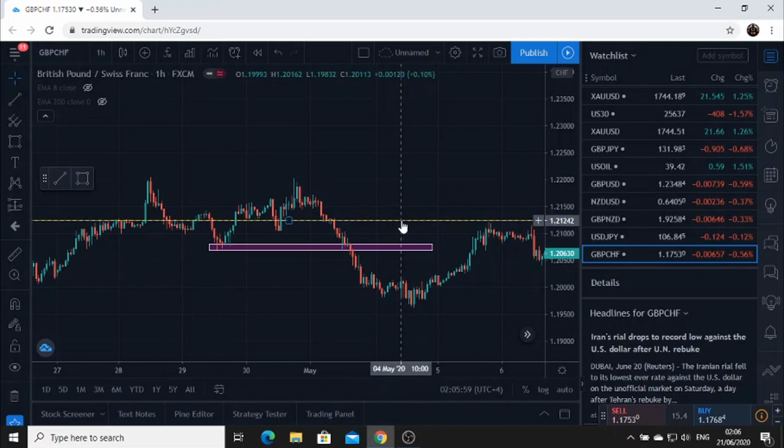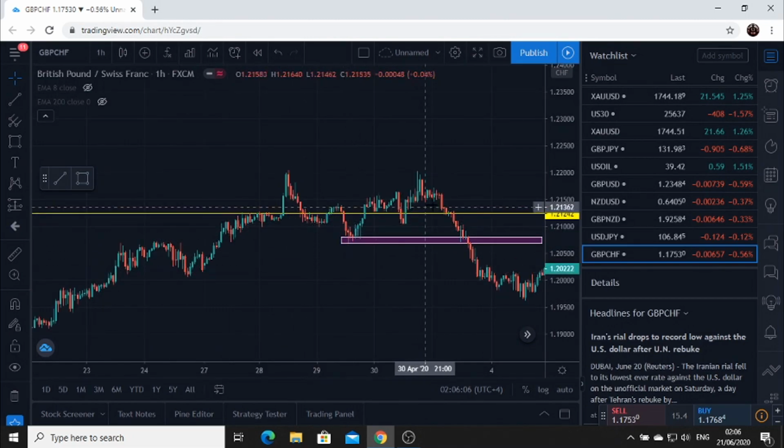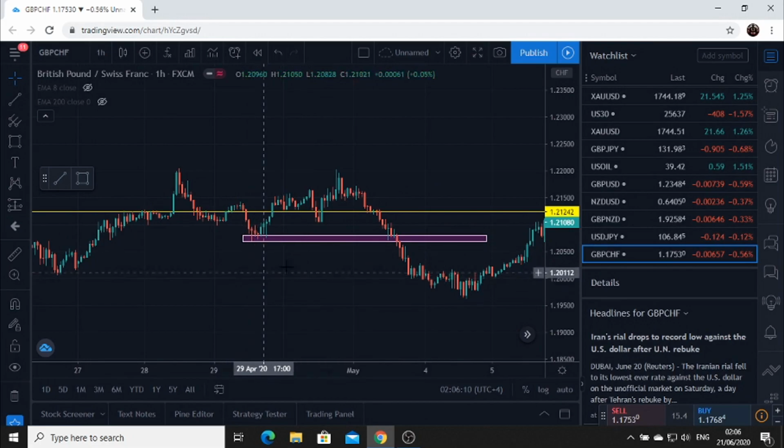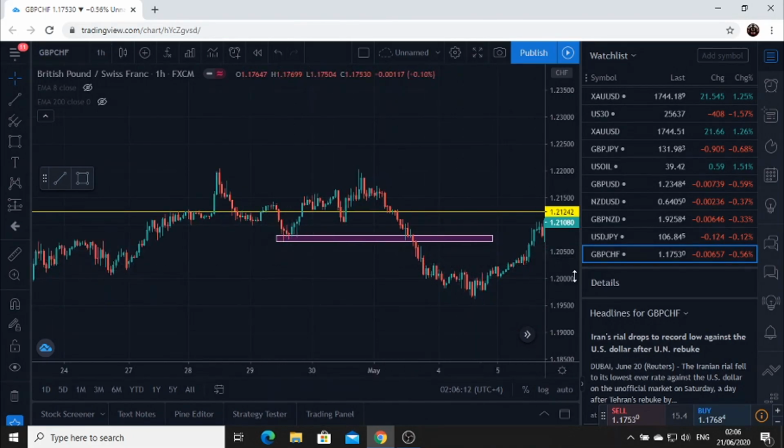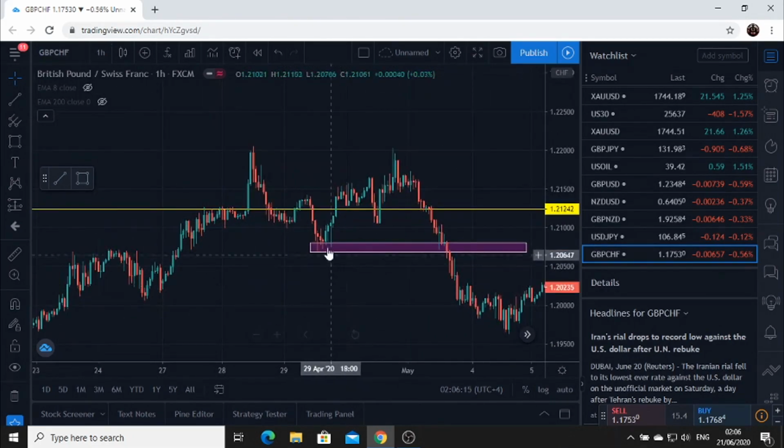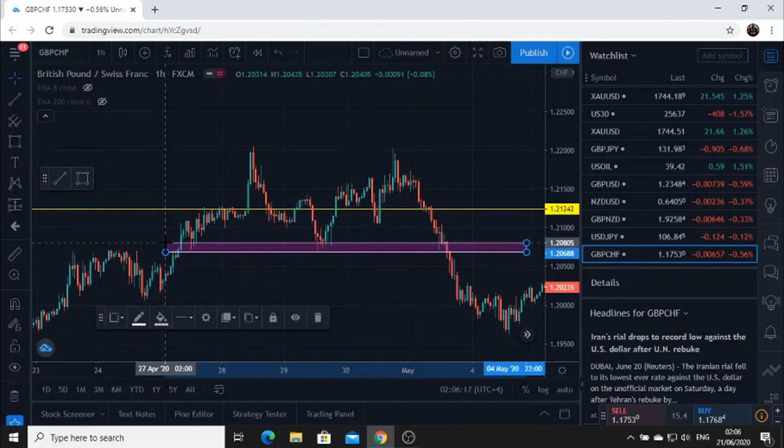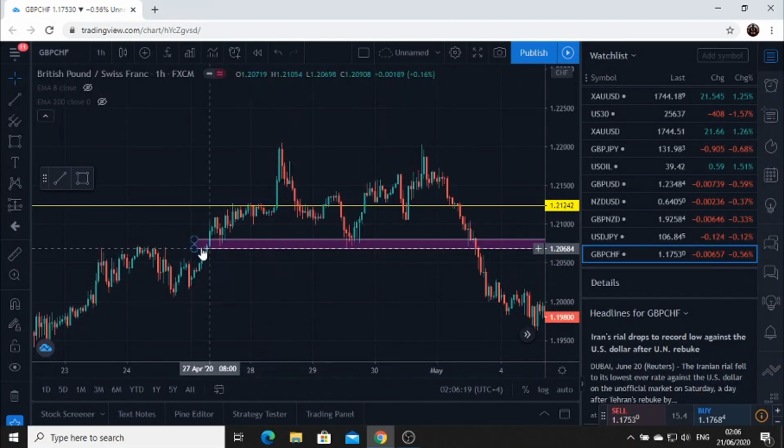Okay, this was the key level, but the box is down here because this was the lowest low, and you need to make these boxes as soon as you make your key levels. So then you will know where the price actually bounces off. If I stretch this box, and I stretch it more,